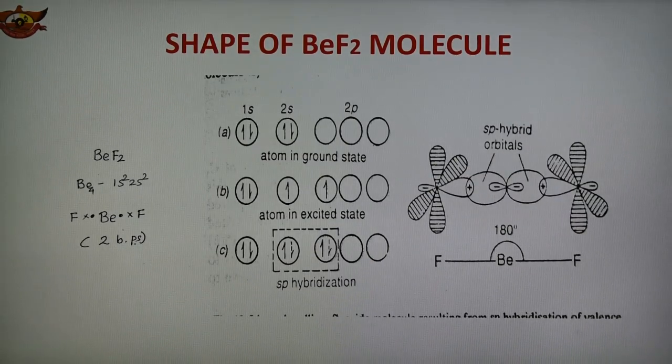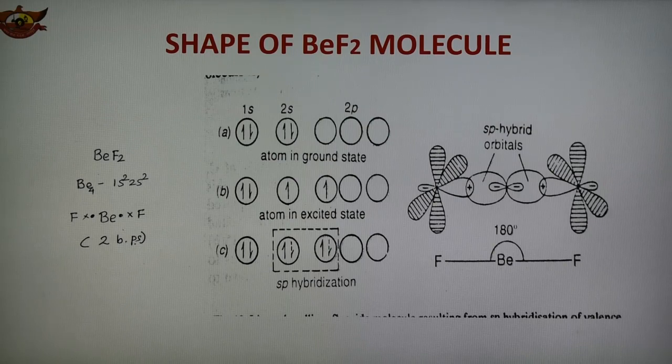So this is the first example, BeF2 or BeCl2. In this molecule the central atom is beryllium, bonded to similar atoms, 2 fluorine atoms, by single covalent bonds, surrounded by only 2 shared pairs of electrons. So the repulsion between the bonded pairs of electrons would be equal. Therefore the BeCl2 molecule has regular linear geometry with a bond angle of 180 degrees. BeF2 or BeCl2 have a similar linear shape.